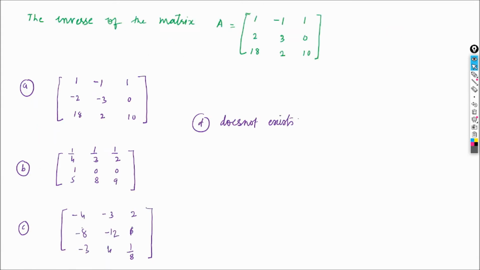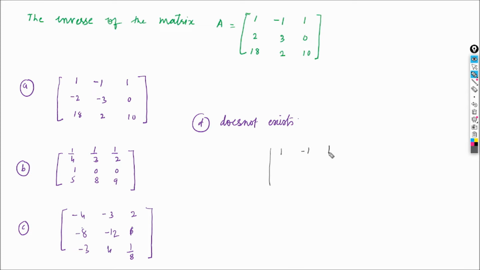So let us understand one more important question, students. What is the question? Find the inverse of this given matrix. First, the given matrix has an inverse if and only if it is non-singular. That means the determinant of the given matrix should not be equal to 0. So let us calculate here.